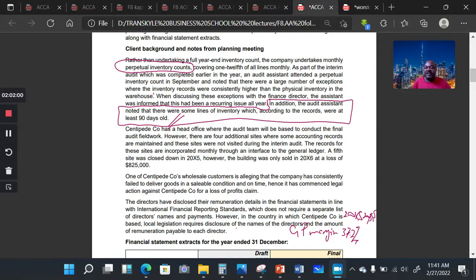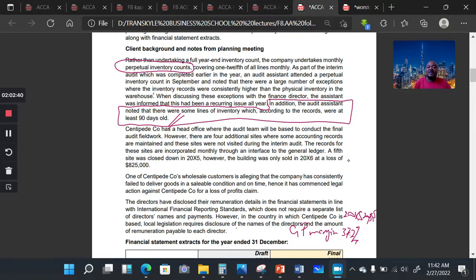Okay, now we come to a very interesting paragraph. Centipede Co has a head office where the audit team will be based to conduct the final audit fieldwork. However, there are 4 additional sites where some accounting records are maintained, and these sites were not visited during the interim audit. The records for these sites are incorporated monthly through an interface to the general ledger. A 5th site was closed down in 20X5. However, the building was only sold in 20X6 at a loss of